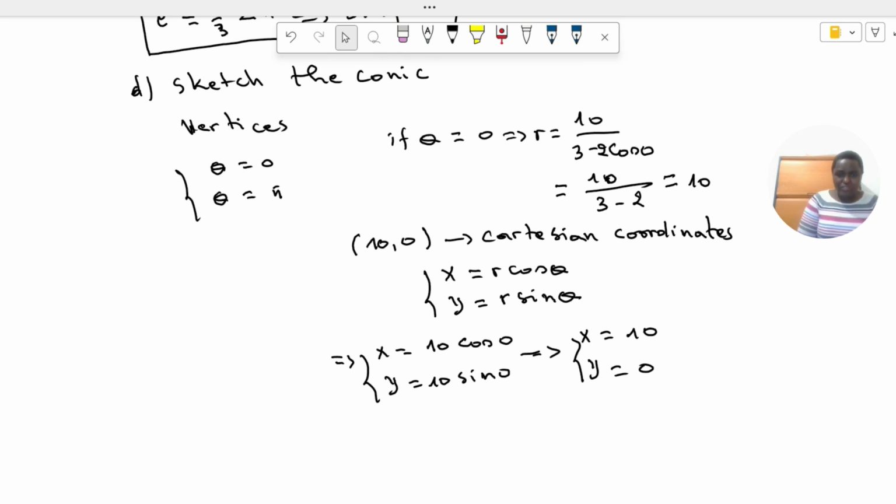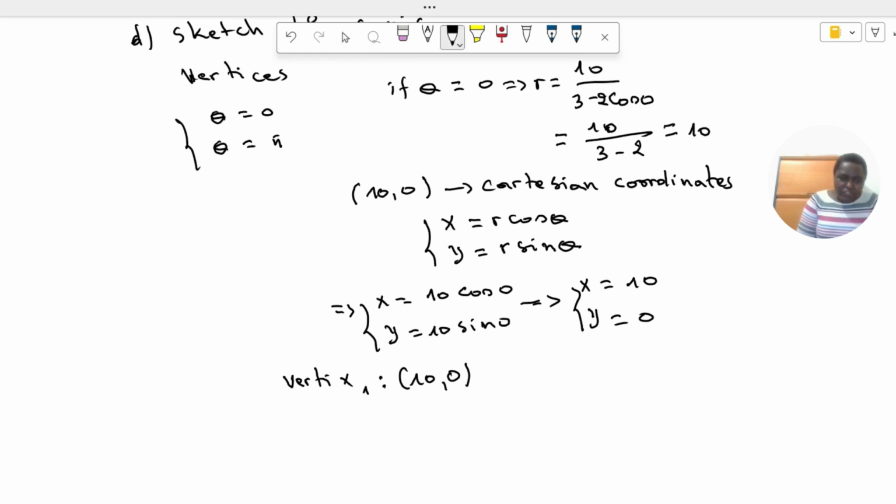So the first vertex has coordinates 10, 0 in Cartesian coordinates, and in polar coordinates, of course. And we need also to compute the second vertex when theta is equal to pi. If theta is equal to pi,